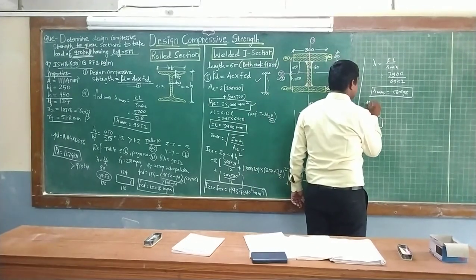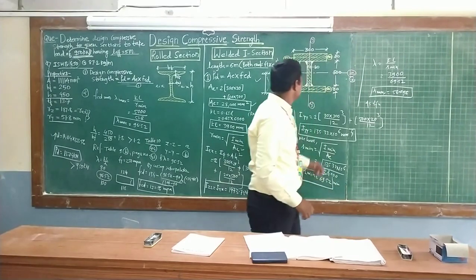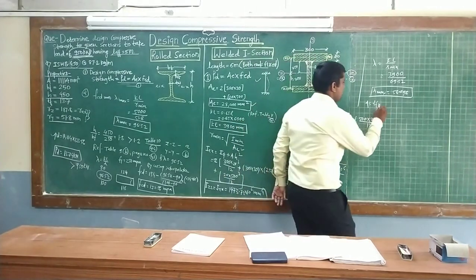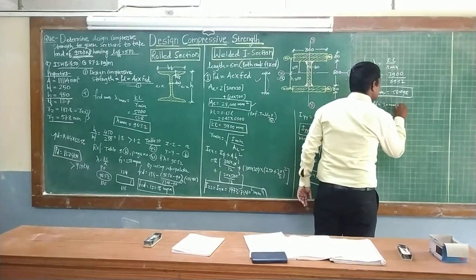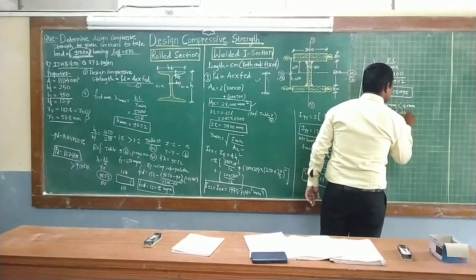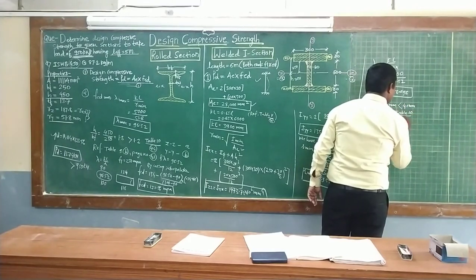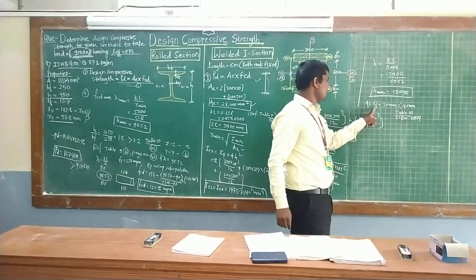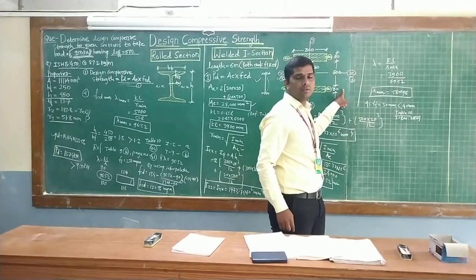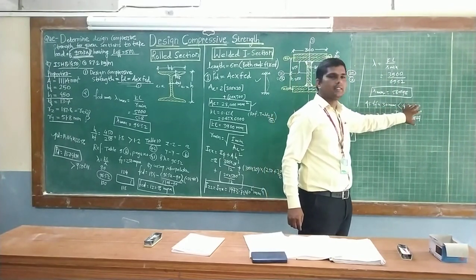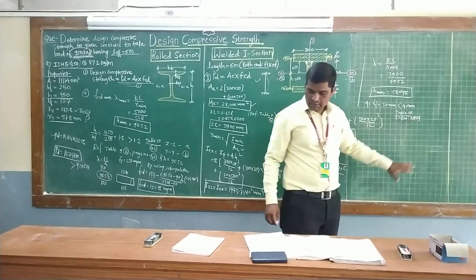Before that, if you go through the thickness of the top flange and bottom flange, the thickness is 30 mm, which is less than 40 mm according to Table number 10, IS 800:2007. As both flanges have a thickness of 30 mm, which is less than 40 mm, we use this Table number 10 for the buckling class,